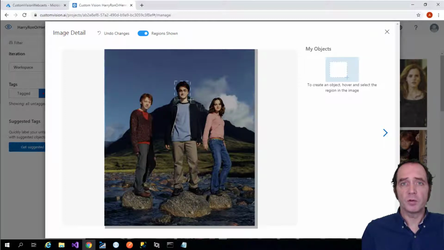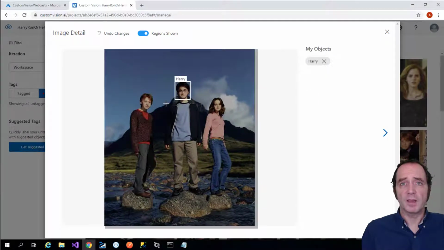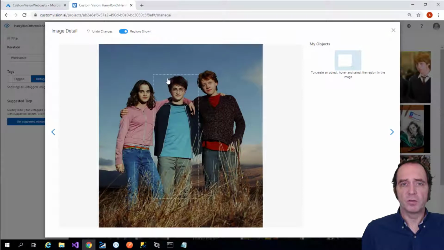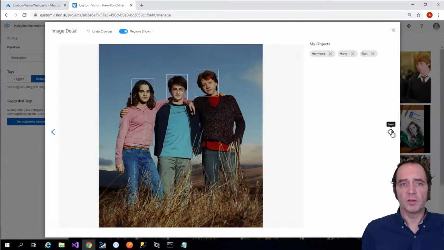So let's take the first image. I'm going to draw a box around Harry's face and define the tag as Harry. I'll do the same for Ron and for Hermione. So the first image has now been tagged. I can click the arrow to move to the next image and repeat the tagging process. There's Hermione, there's Harry, and there's Ron. And on to the next image,